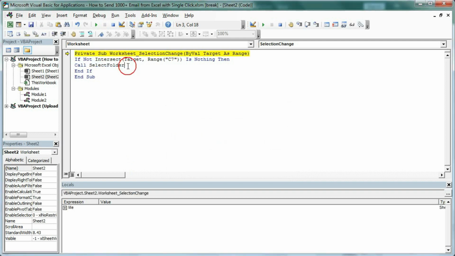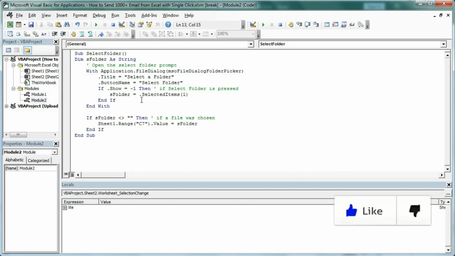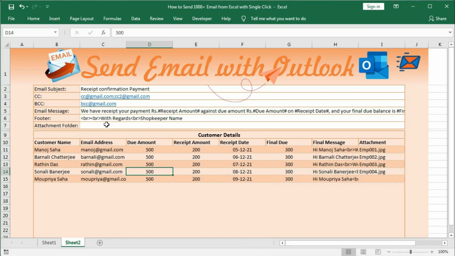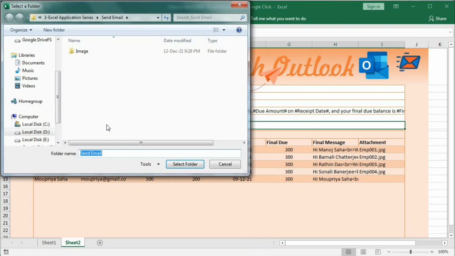So let's give here S and here also S, because we have already a name with this macro. So here we have given S. Okay, so let's check again. Select this one. You can see we got this folder dialog box.